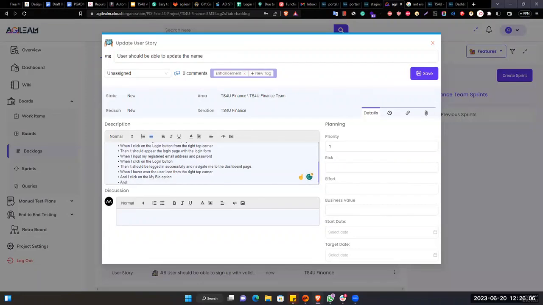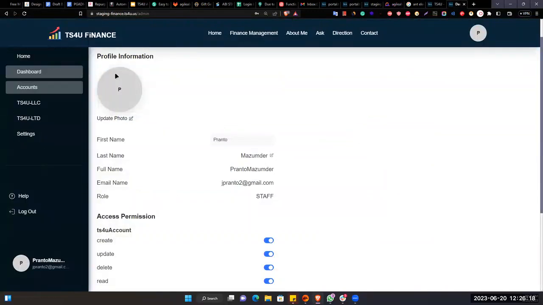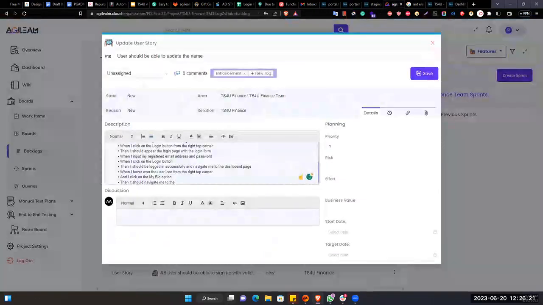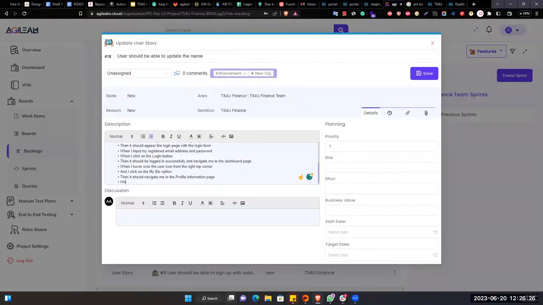and then it should navigate me to the Profile information page, right? Yes, Profile information page. When I click on the edit icon beside the name field,